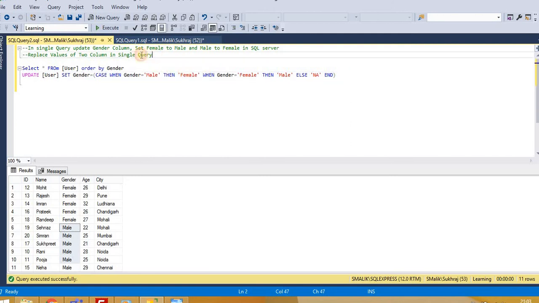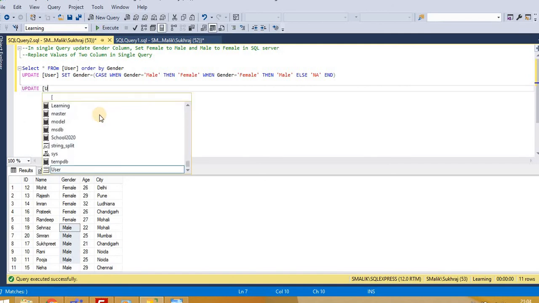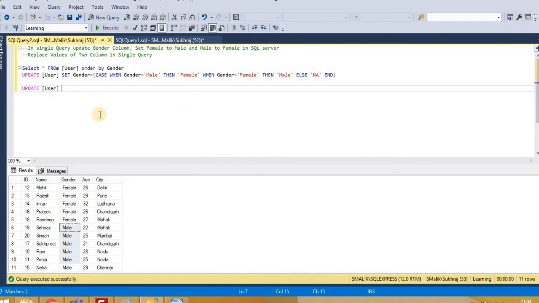Now let's check the other query, replacing values of two columns in a single query. Let's write the query here. Update user set, suppose I want to replace the name and gender columns with each other.